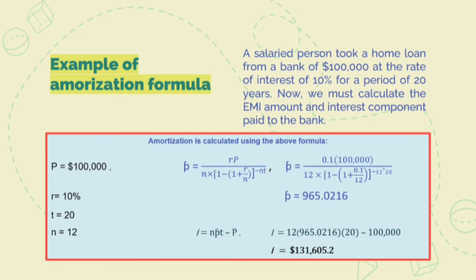12 times 965.0216 times 20, then minus 100,000. So we get the total interest